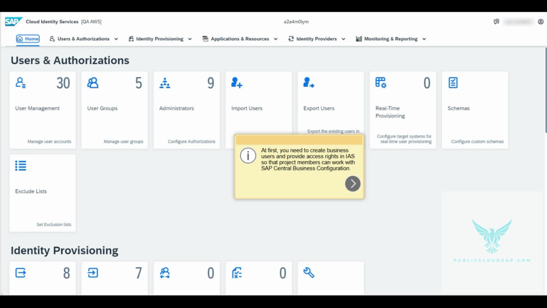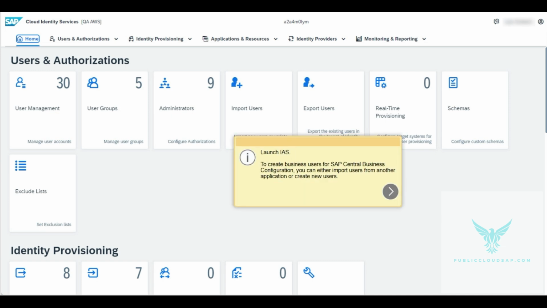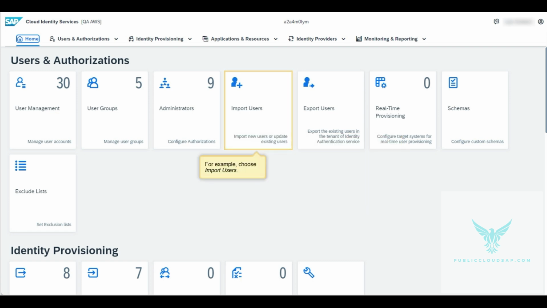At first, you need to create business users and provide access rights in IAS so that project members can work with SAP Central Business Configuration. Launch IAS to create business users for SAP Central Business Configuration. You can either import users from another application or create new users. For example, choose Import Users,